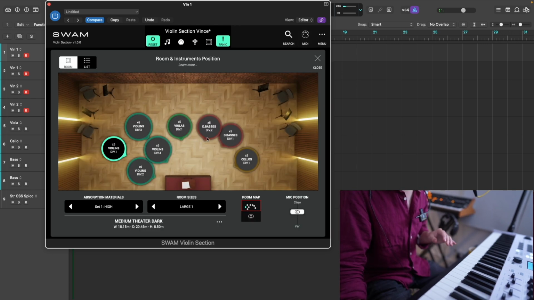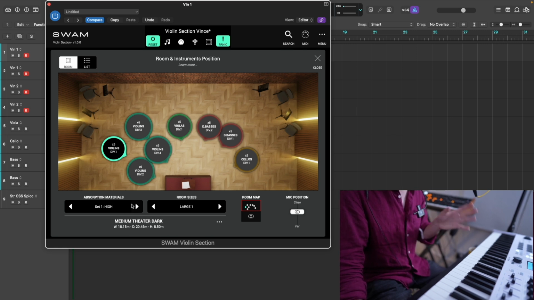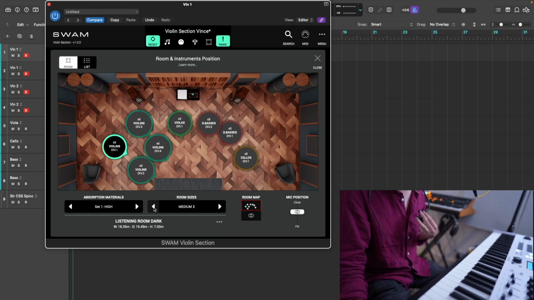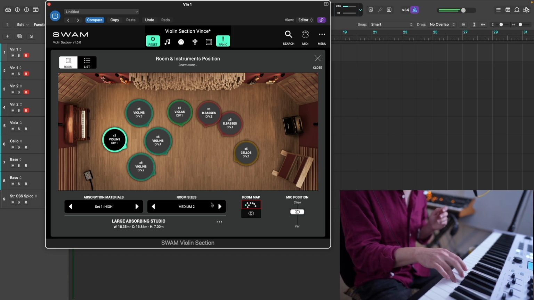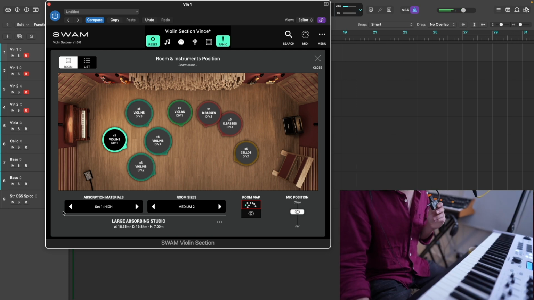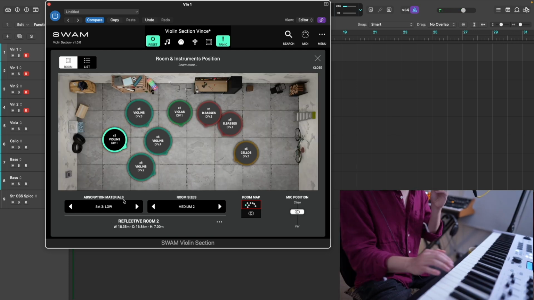Just to finish off with the room page, you get access to the level of absorption, which I've currently got set to high, but basically this controls how much early reflections you get, and then the room size as well. And then if I set the absorption to low,